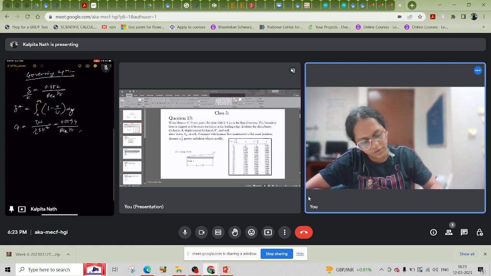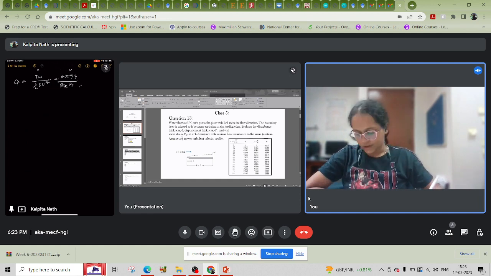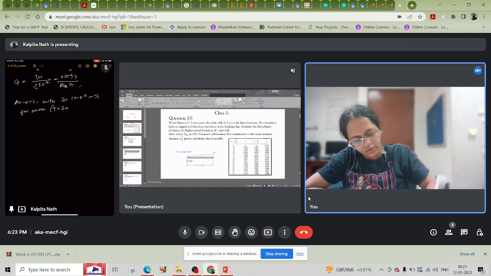For turbulent flow, this is the equation for the skin friction coefficient. At x equal to L, with mu equal to 1 into 10 to the power minus 6 meter square per second for T equal to 20 degrees Celsius,